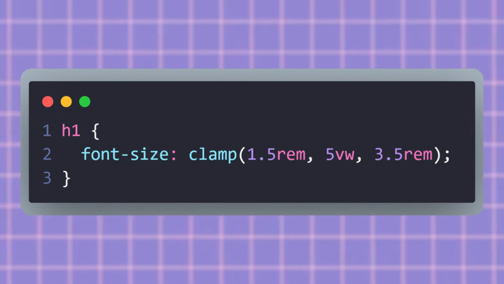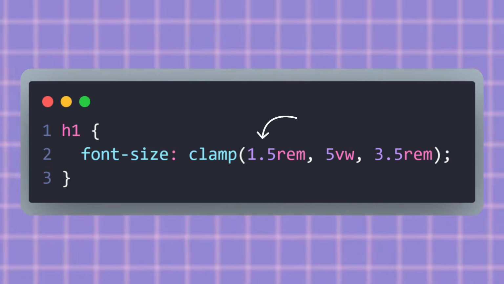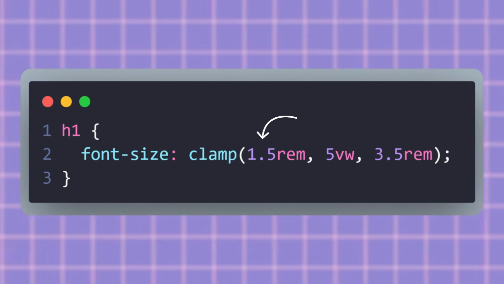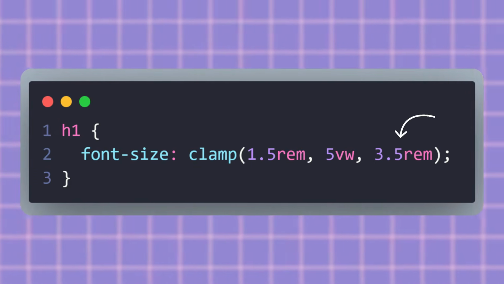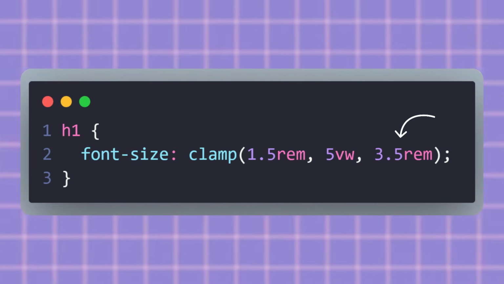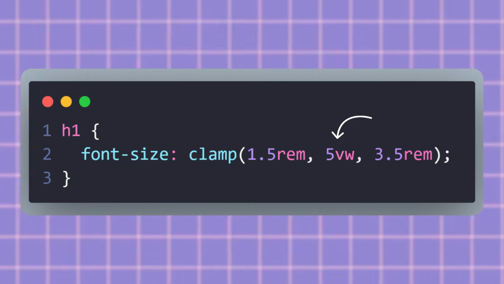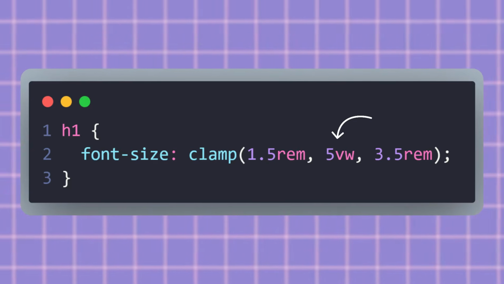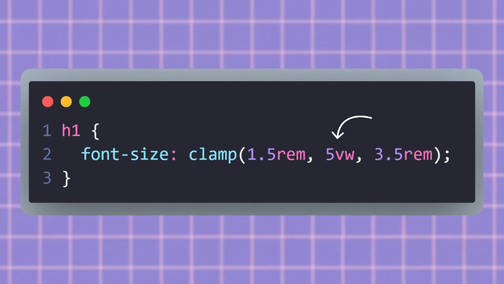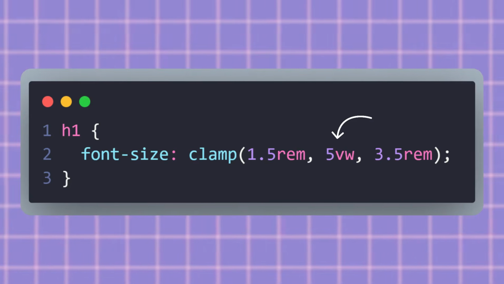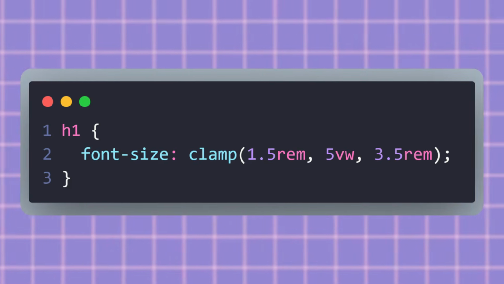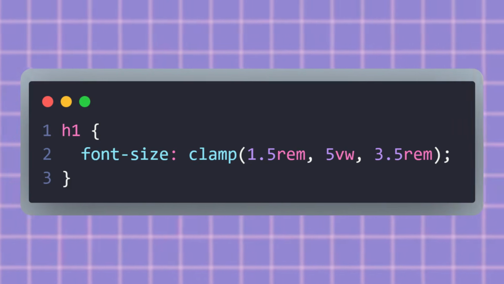Now here's a real example for font size. The font will never go below 1.5 rem, even on the smallest phone. The font will never go above 3.5 rem, even on a giant monitor, and 5vw is the middle value. It means 5% of the screen width, so the font naturally scales up and down as the screen size changes. On a laptop, 5vw might land at 2.5 rem, which is between 1.5 and 3.5, so it